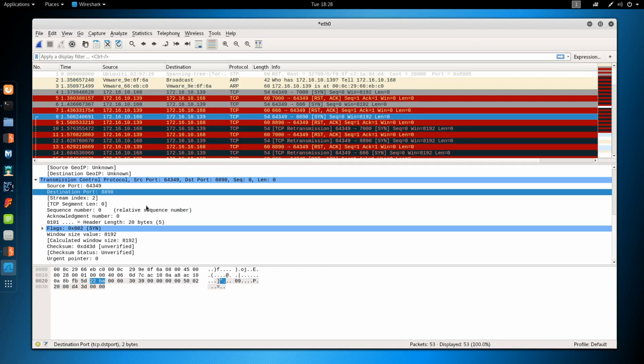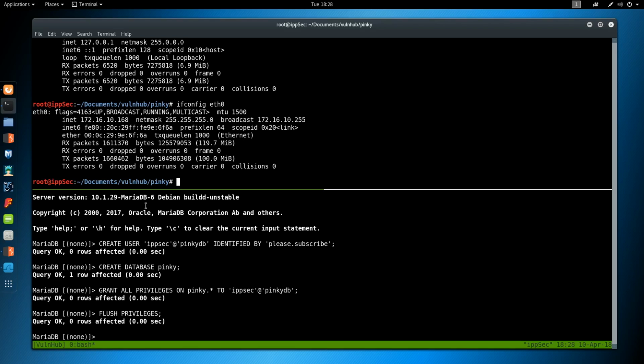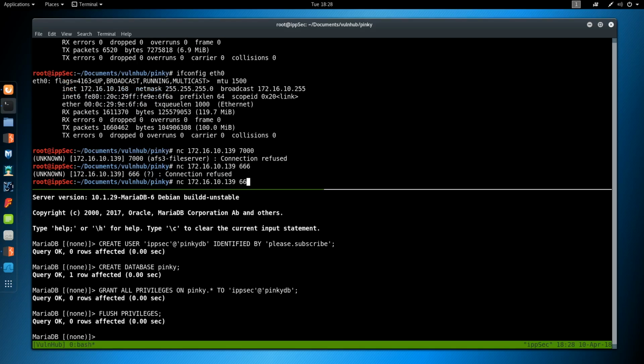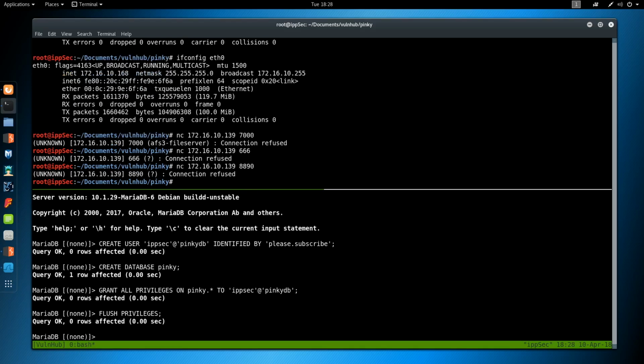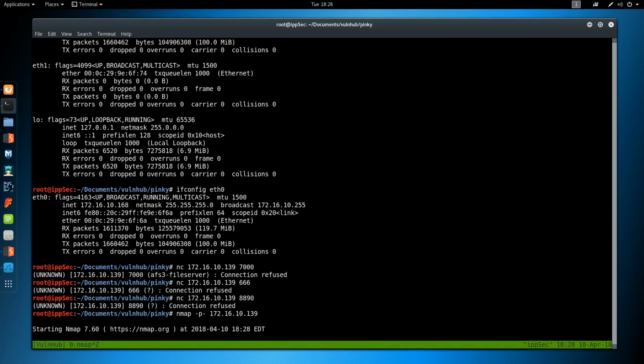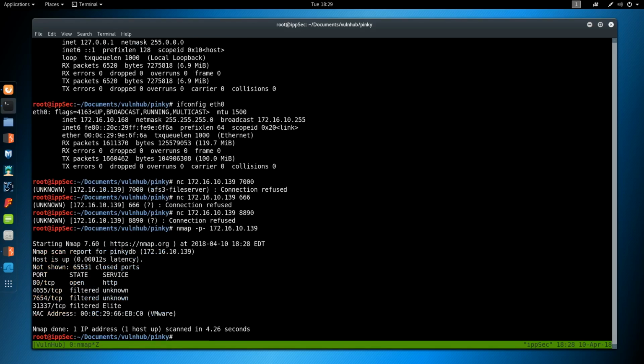Huh. Let's try hitting it with netcat. So netcat 172.16.10.139, port 7000, 666, 8890. And then we can Nmap it. Still says filtered, so